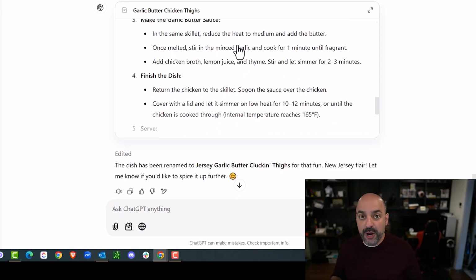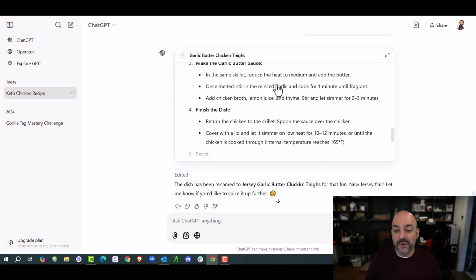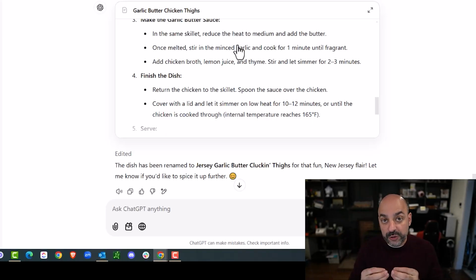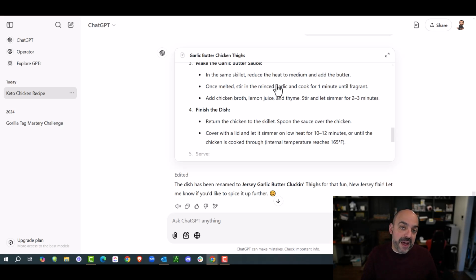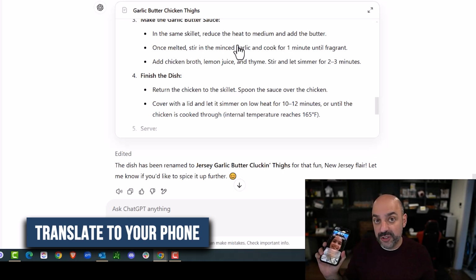And I can keep going. Now, the craziest part about this whole thing is I can basically come out of here with the full asset to anything that I want to try to do. Now, what's great about this, because it has so much incredible data and it's always uploading even more data based on users using it and people interacting with it, is that the amount of things I can ask it to do is incredibly large. The greatest part about this is that this all translates to your phone.